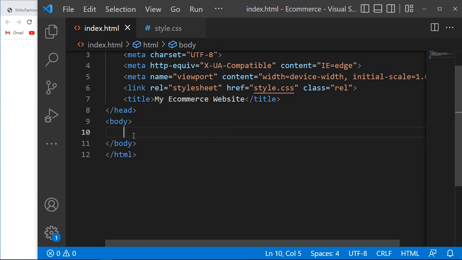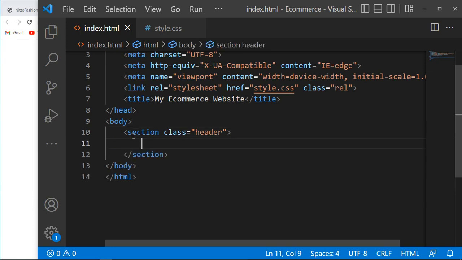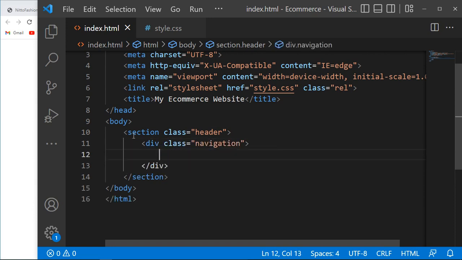Now let's get started. At this point we'll need to create a section. We can give it a class name which is header. Then at this point we'll also need to create another div class, called navigation. And also at this point we'll need to insert